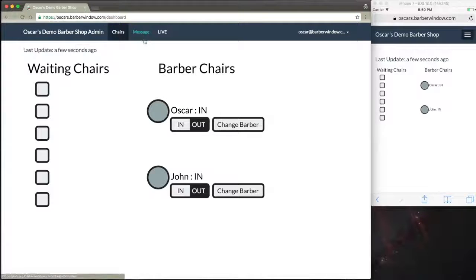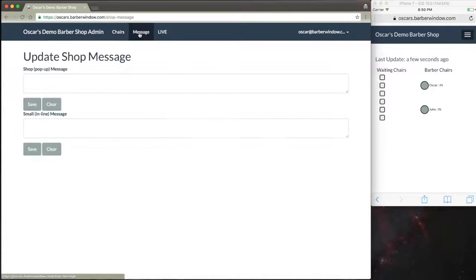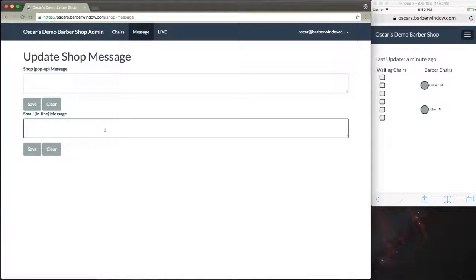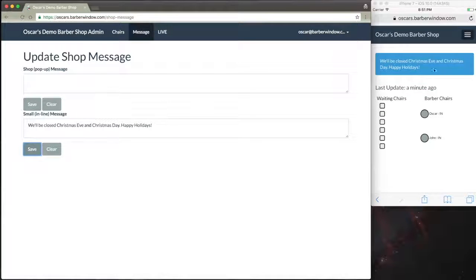The next screen we're going to look at is the Messages screen. This is an easy way to inform customers if there's anything unusual they should be aware of. We'll look at the small inline message first. One way you might use this is to remind people you're going to be closed on Christmas Eve. Just type in your message, hit Save, and in real time you'll see it show up over on the customer's